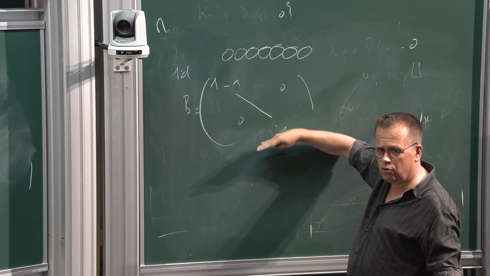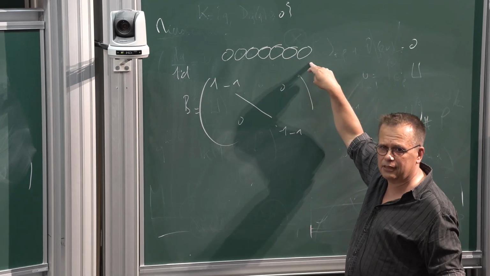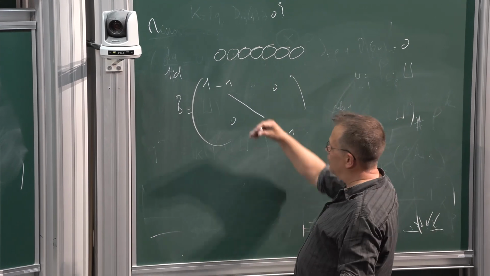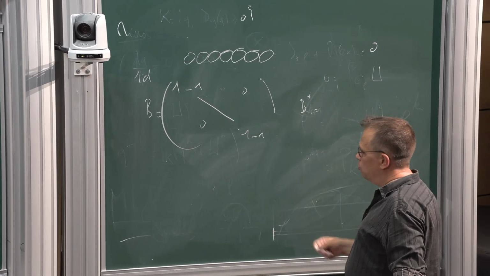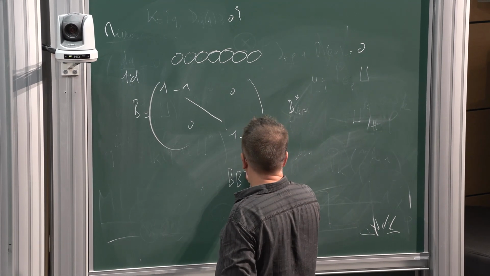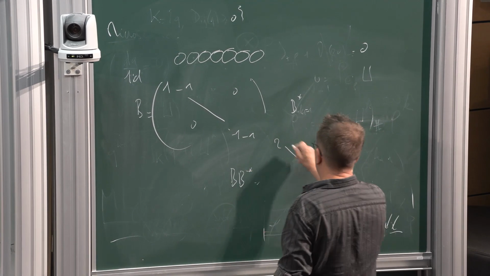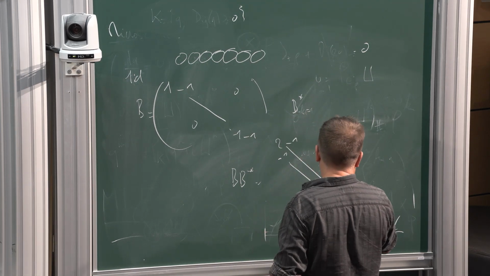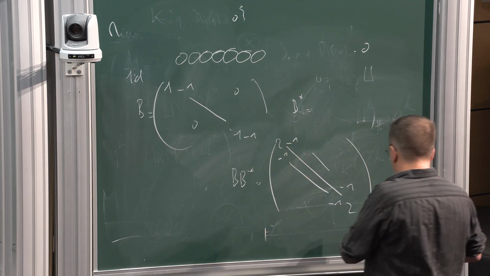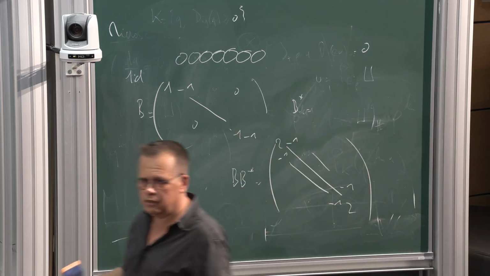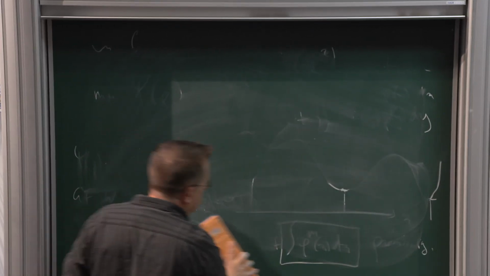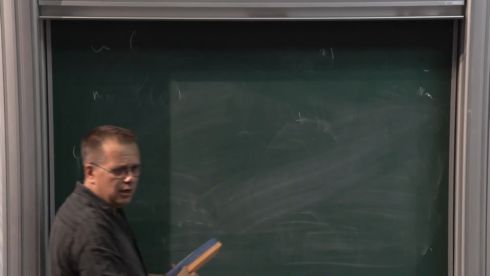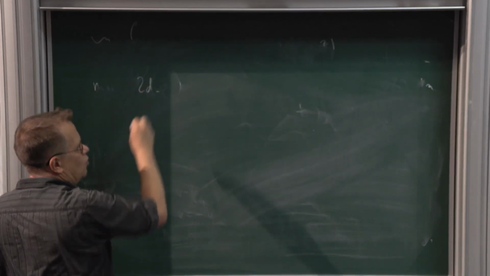So the number of rows of B will be the number of contacts, so the number of particles minus 1. So this is slightly rectangular. And you have a B star that you can imagine, so B transpose. And as I told you, B star is the Laplace operator, the discrete Laplace operator. So it really looks fine. You say, okay, everything works like in the macroscopic setting. But as soon as you are in 2D, and of course 2D is the interesting situation, or even 3D, if you consider granular material. In 2D, what happens